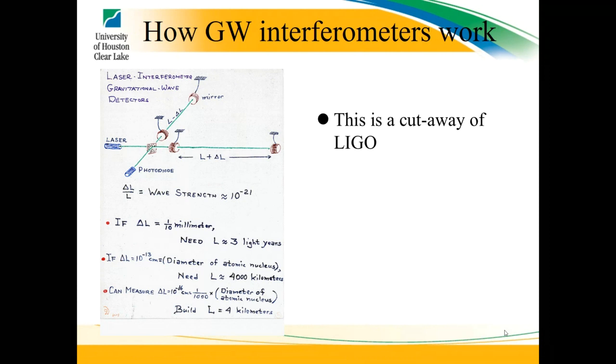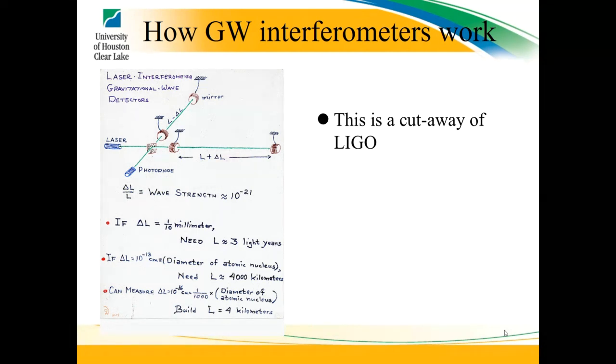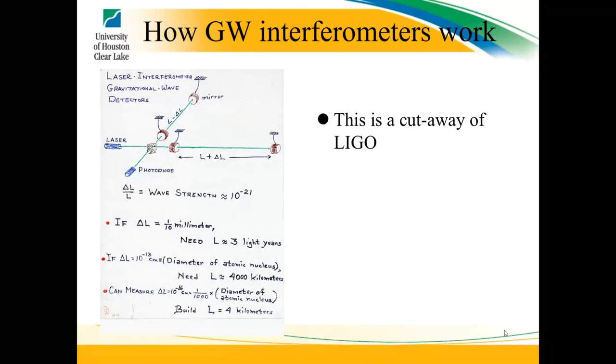And it hits the mirror at the end, and it comes back, and it bounces back and forth between these 2 mirrors. It actually bounces thousands and thousands of times. And then eventually it makes it through, hits this photodiode, and gets recombined into a signal here. And the same thing happens along the other arm. So if a gravitational wave were to come by, it would cause one arm to get a little bit longer and the other arm to get a little bit shorter. And the difference in the time the laser took to get between these two is going to tell you how much strain there was.